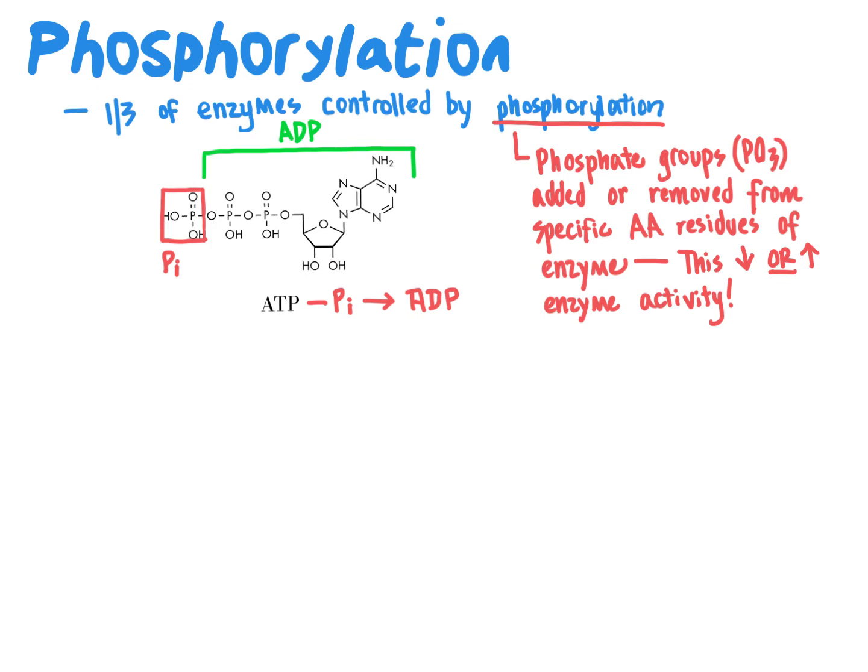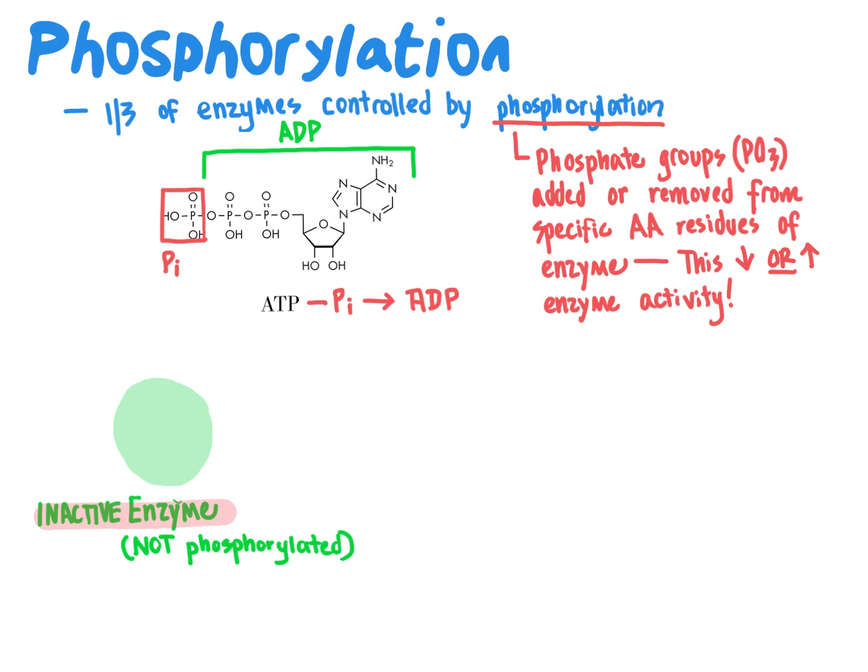ATP doesn't randomly and spontaneously donate a phosphate group to enzymes during phosphorylation. Instead, that process itself is controlled by an enzyme. What happens in the process of phosphorylation is, if we take an enzyme, I will go ahead and draw this lovely enzyme here. We will call this our inactive enzyme. And our inactive enzyme